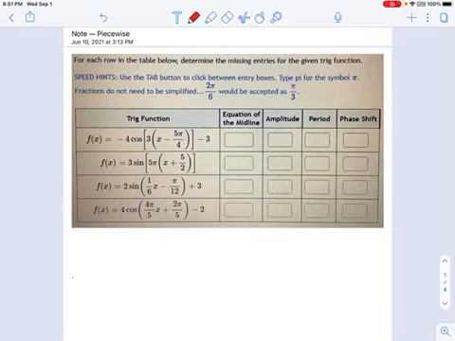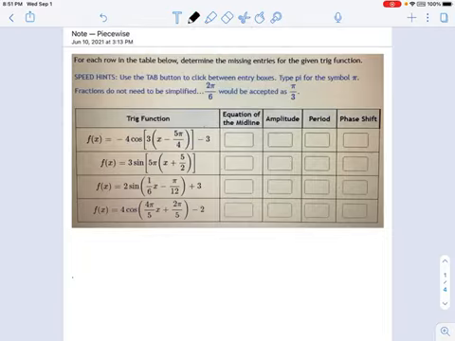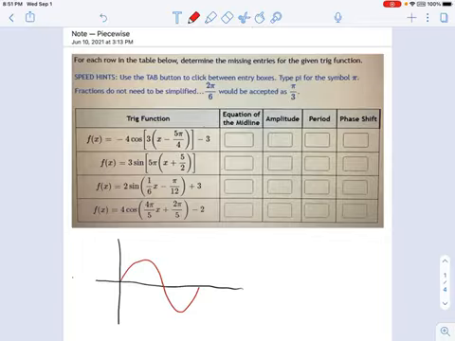Now we're getting into a new concept called phase shift. Previously, if we talked about phase shift, it was just to say that there was no phase shift. Okay? I would draw you a graph, something like this, and we'd have a sine function on it, for example. It would always start at the origin, right? You'd always have the beginning of the sine graph right there. And the beginning of the sine graph is where the phase shift is. So if the phase shift is on the origin or on the y-axis, then the phase shift is 0.